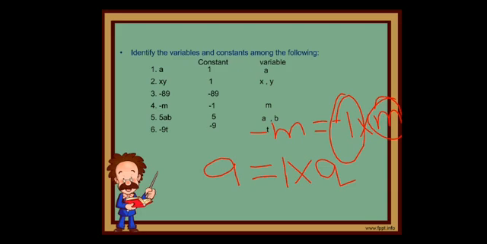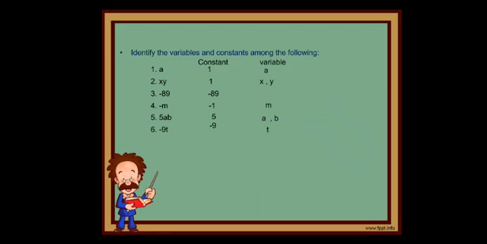I hope you understood what is constant and variable. A constant is any number, and a variable is just a symbol, represented using small letters, that can have various numerical values. For that symbol we can substitute any numerical value. So a variable is usually represented by a letter, and any number is called a constant.